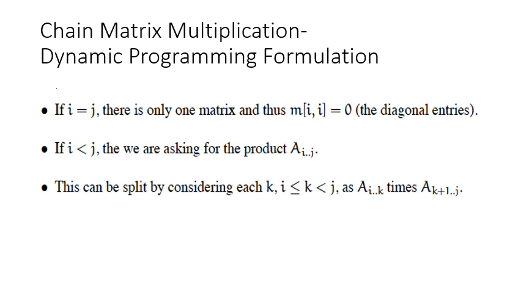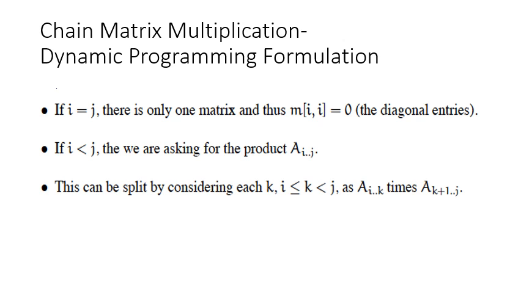What will be the dimension of these matrices? This matrix will be of dimension p of i minus 1 by p of k, and this matrix would be of dimension p of k by p of j. So multiplying these two subsequences, the total number of multiplications would be p of i minus 1 by p of k by p of j. And if you remember, this is similar to the initial identity where we have the two matrices A and B. A is of dimension p by q and B is of dimension q by r. The resultant matrix C would be of dimension p by r. So this is a similar case here.